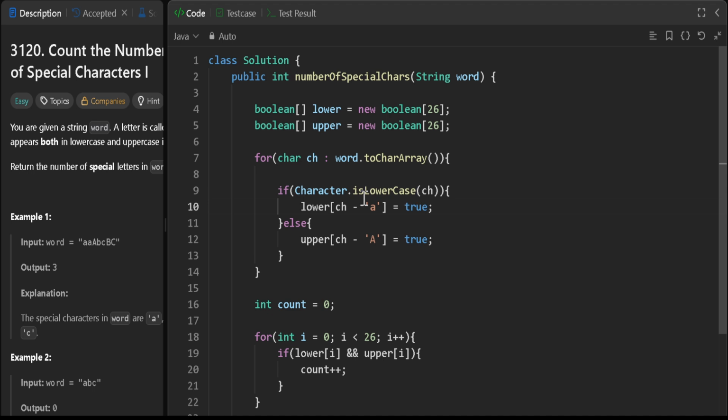Very first, at line number 9 you can see that if the character is lowercase, we'll mark this as true that we have visited this one, or else we'll check the uppercase, and if so we'll mark it like this. Okay, so we'll go for another